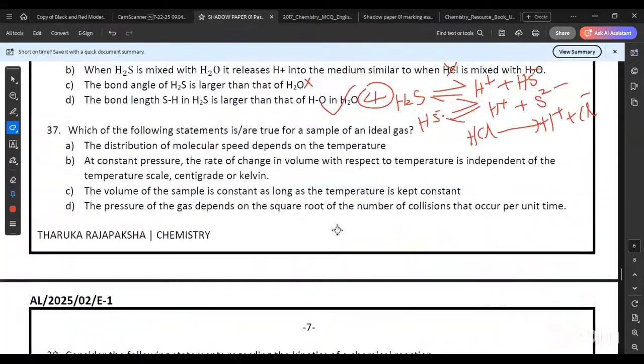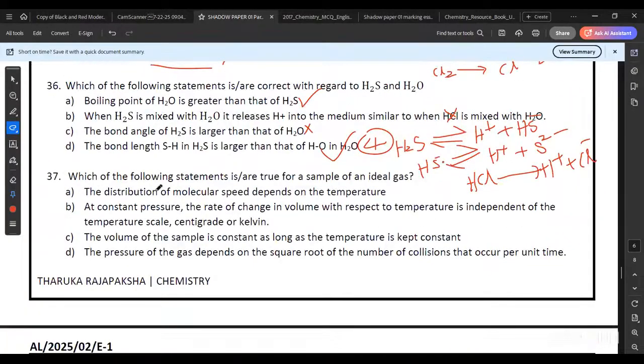Answer number 4. 37th one. Which of the following statements is true of a sample of an ideal gas? Distribution of molecular speeds depends on the temperature. Yes, molecular speeds depend on temperature. That is correct. At constant pressure, the rate of change in volume with respect to temperature is independent of the